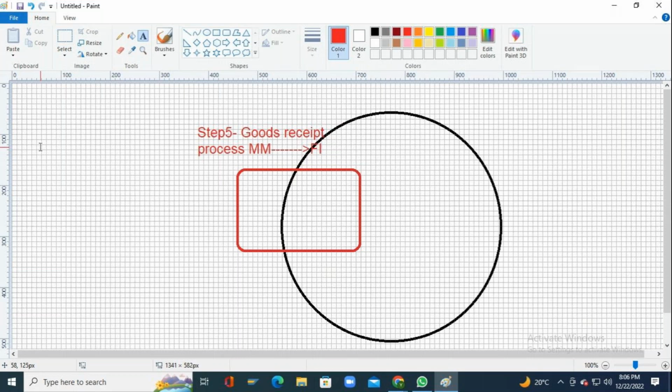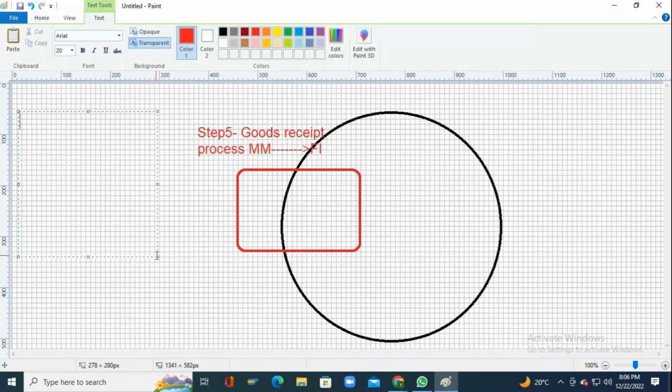Then once the material is received into my company, I will unload it into the stores or the inventory management department, and keep those materials in a place known as the goods receipt zone, or GR zone, or I may also call it a quality inspection zone,